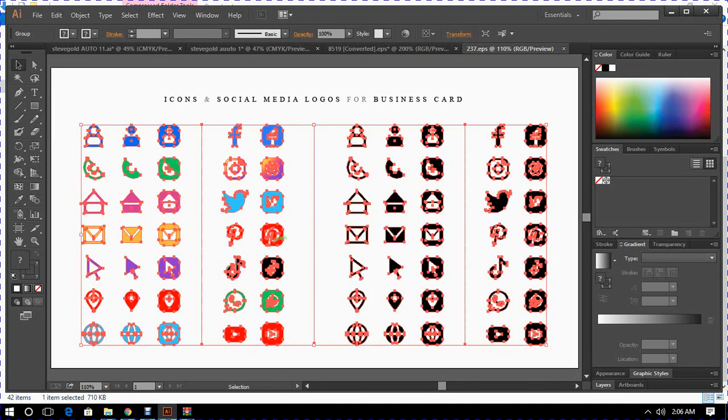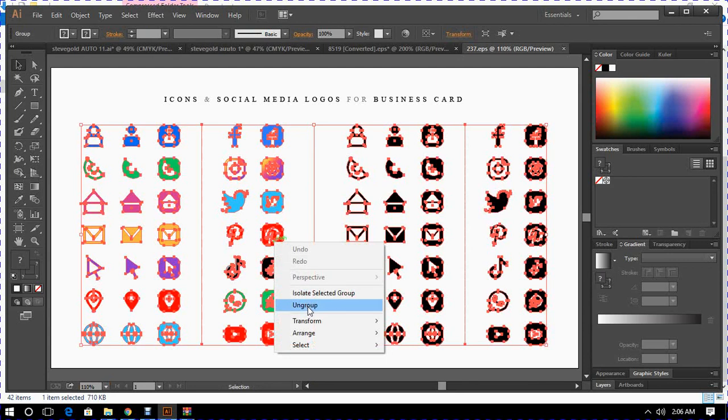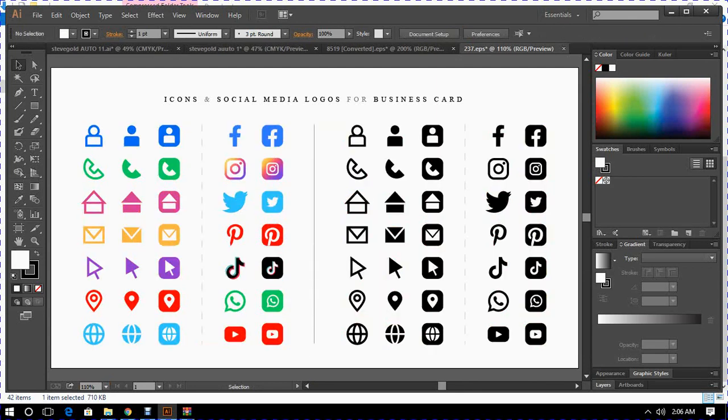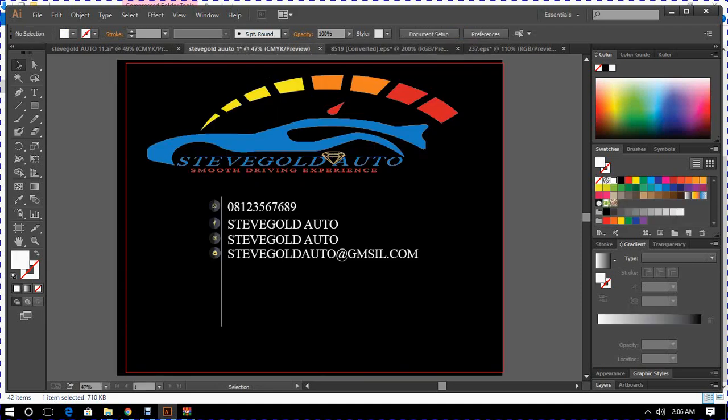So I will have to ungroup this. Ungroup it. Then look for a house, for an address icon here. Okay, let's use this. I will copy it, come over to this place and paste it. Bring it down.